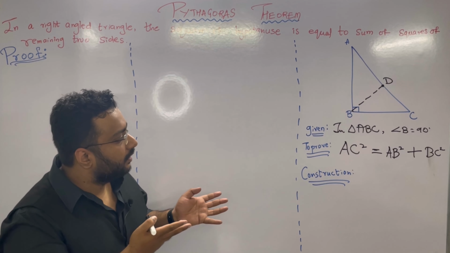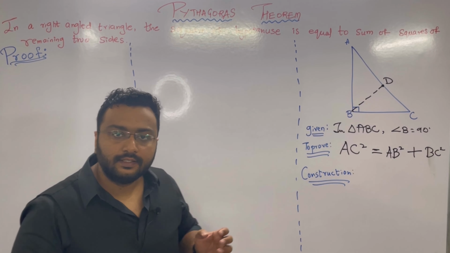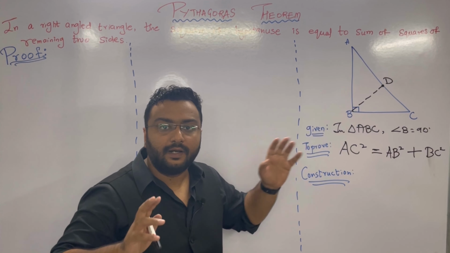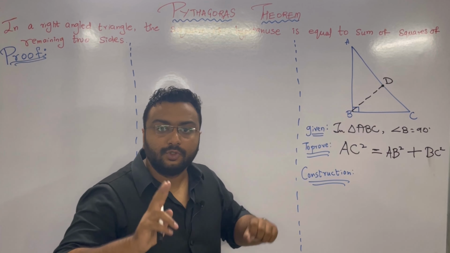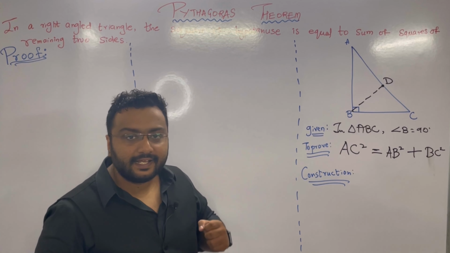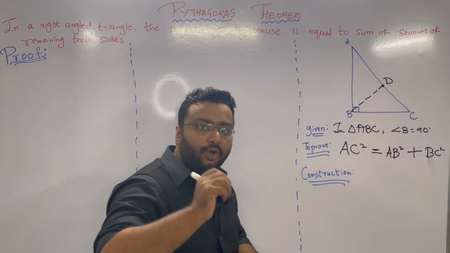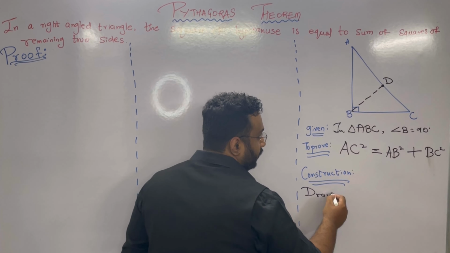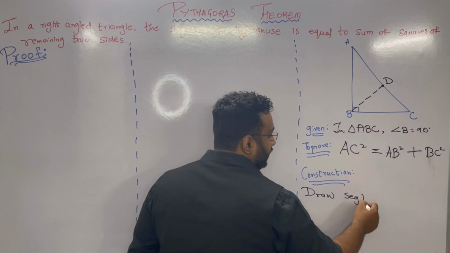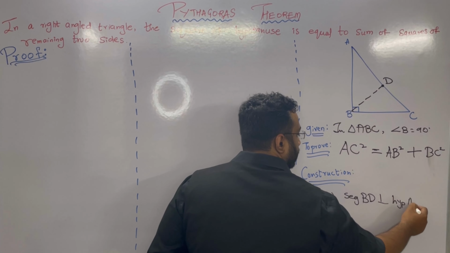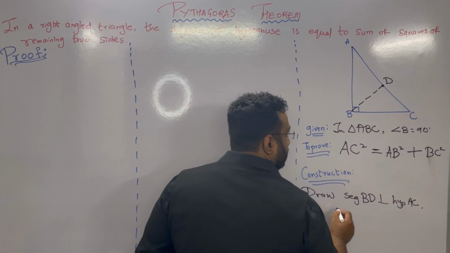Now if you observe here, we needed two triangles. We got three triangles: two smaller triangles and one bigger triangle. We needed two triangles because AC square means AC should come in two triangles. Now we have hit the jackpot. Instead of two, three triangles have come. Superb. Now let's see how this sum goes. Also, we have to write in construction what we have drawn. So we will say draw segment BD which is perpendicular to the hypotenuse AC such that D is in between.